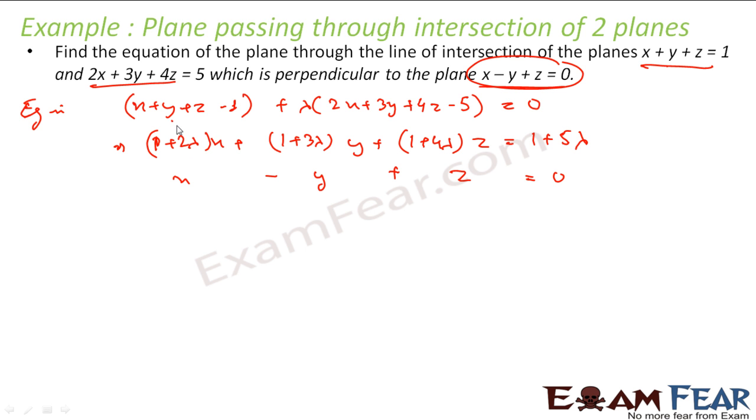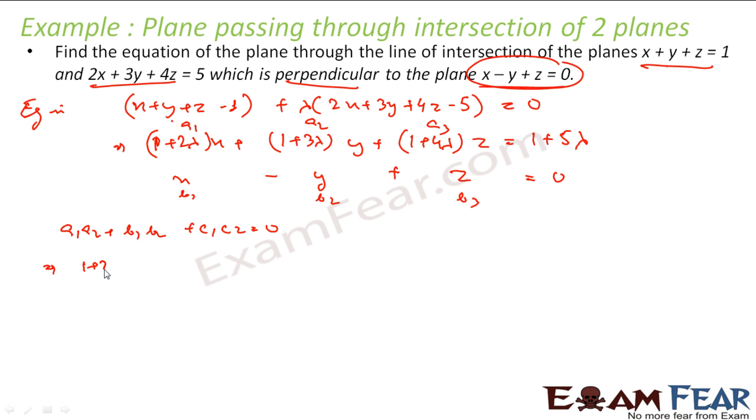So let's suppose the direction ratios of this guy are a1, a2, a3, and this guy is b1, b2, b3. Since they are perpendicular, I know that